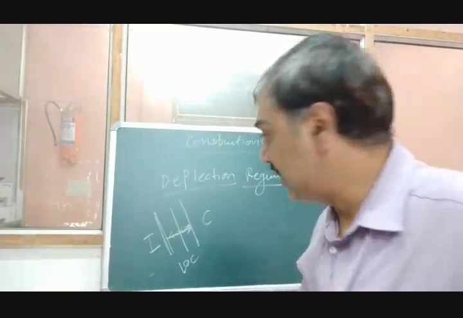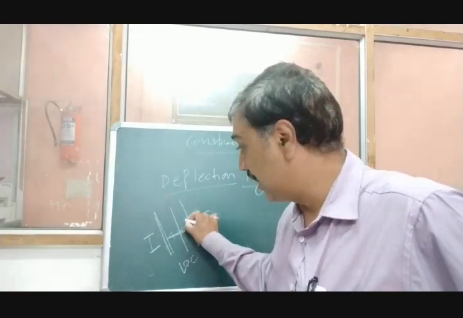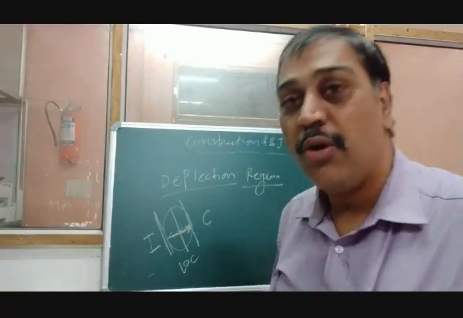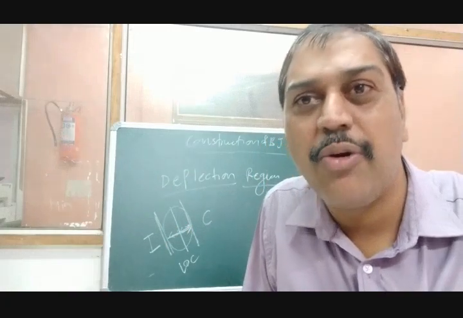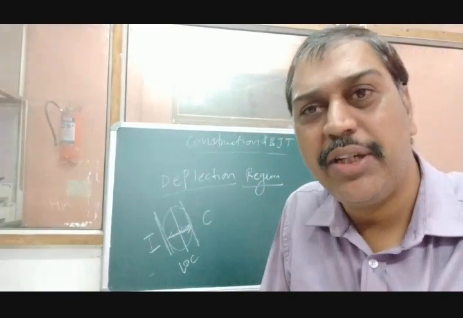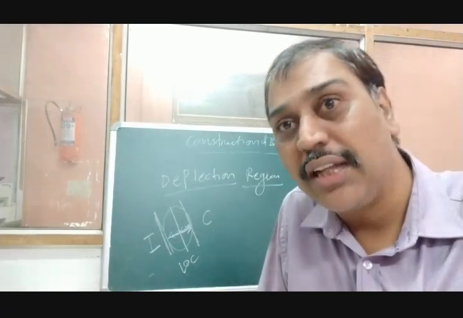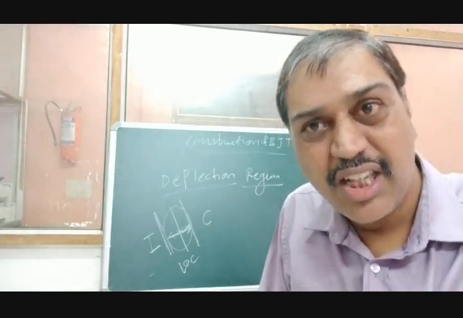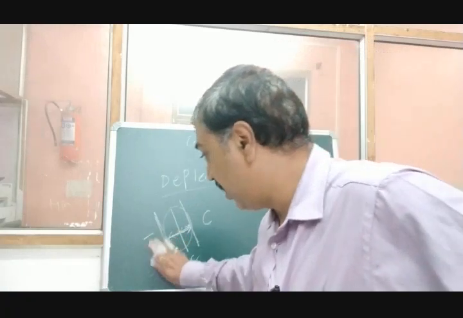And that area is restricted. Remember, it is said to be a depleted area. No human being is allowed to move. Similarly, in the case of a diode, there is a depletion region where there is no charge. There should not be electrons. Suppose this is a p-type semiconductor now.